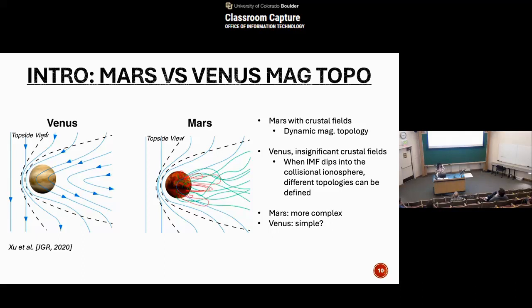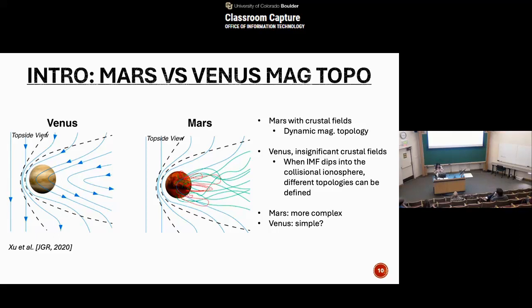For induced magnetosphere, Venus more closely resembles what I just introduced. It has two lobes formed by the IMF draping around the planet. But at Mars, because of the crustal fields, the topology is very complex. One more thing I need to highlight is that at Venus, even though all the fields are draping around